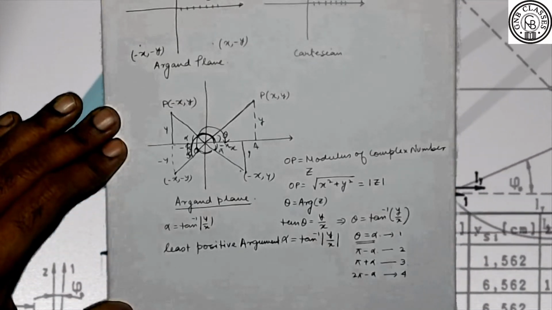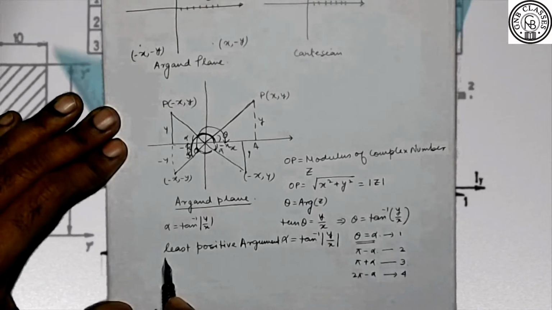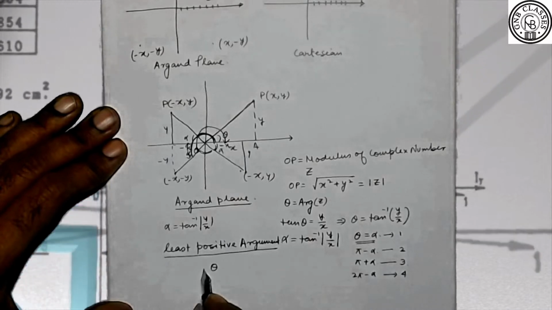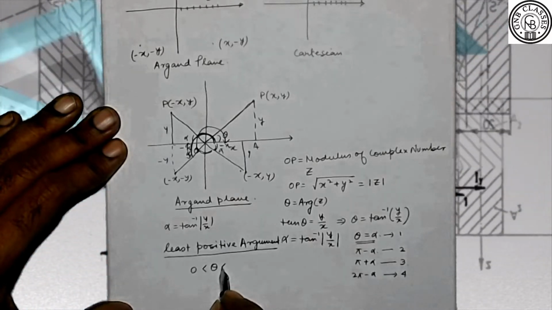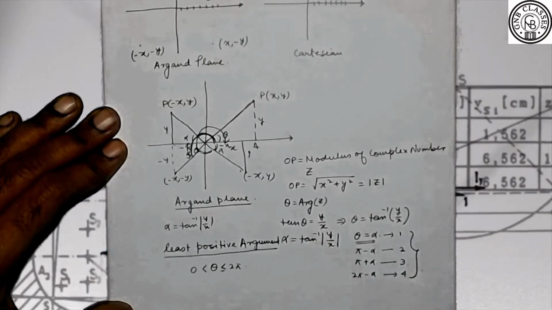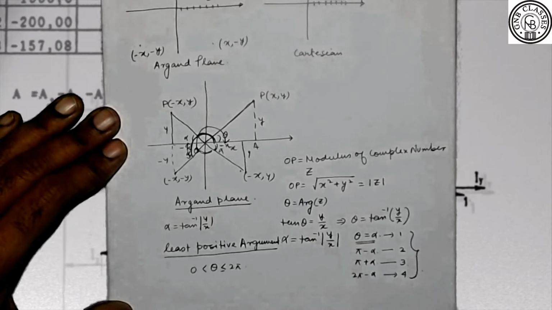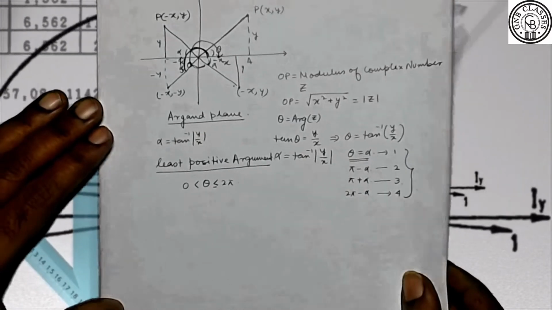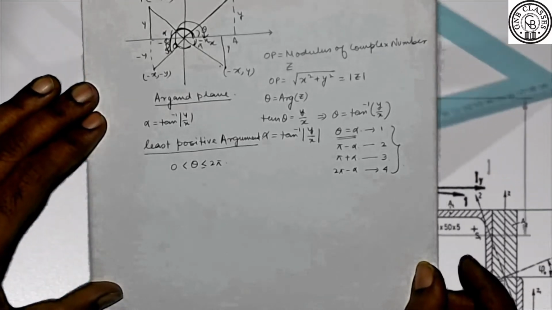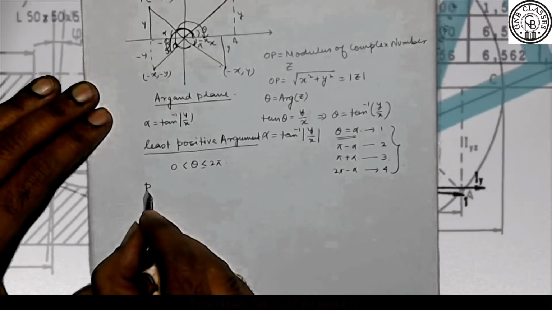The argument of any point on the complex plane associated with a complex number is the least positive argument when your theta, the argument, is lying between 0 and 2 pi. Is it clear? That's exactly what we have done here. Now, whenever we are talking about the argument of any complex number, we are not talking about its least positive argument. Unless otherwise stated, we are always talking about